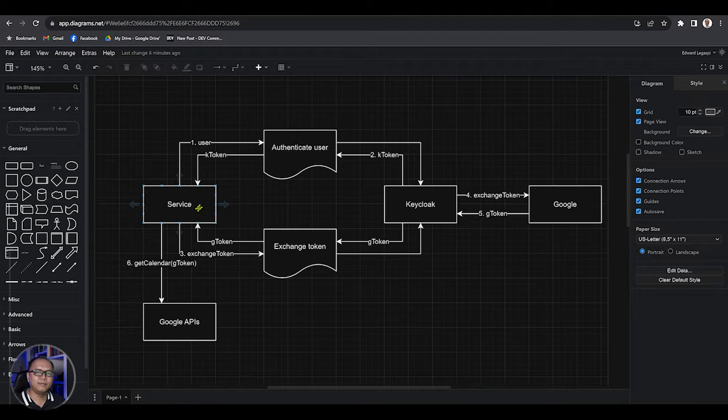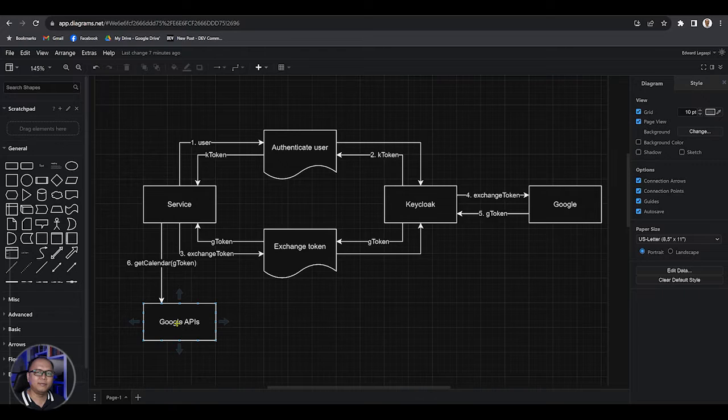The service will exchange that token with Keycloak and then to Google, and Google will return a Google token. That Google token will contain the permission on what Google APIs can be accessed by the user. Keycloak will return that Google token, and finally, our service will use that Google token to access the calendar API